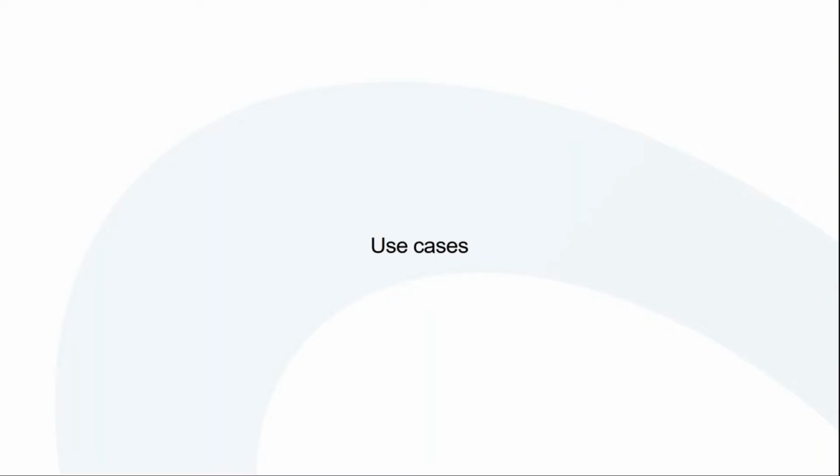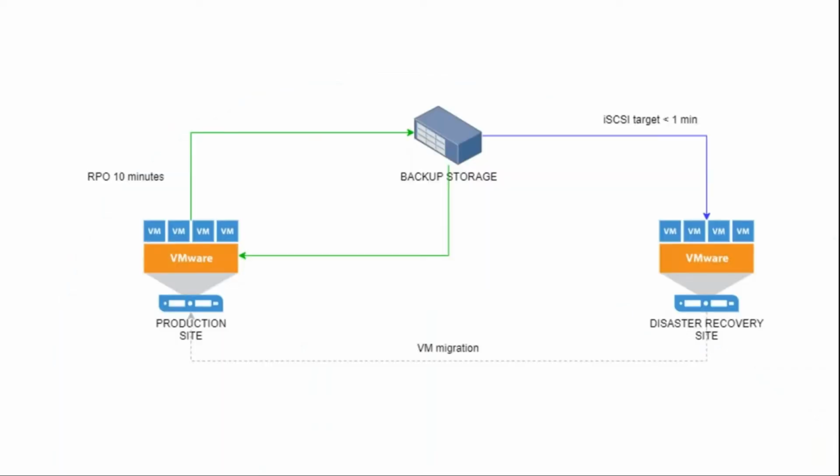So now I've got prepared just a few use cases: how we can use Xopero One, where it fits, and what problems it solves. So the first use case is about VMware backup and VMware restores. We are able to back up virtual machines approximately every 10 minutes, so we can say that we are able to achieve recovery point objective within around 10 minutes, which is pretty good for a backup solution because of course